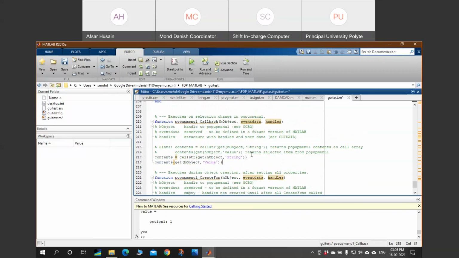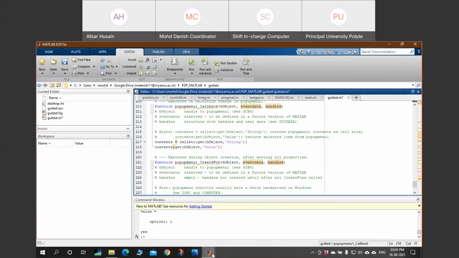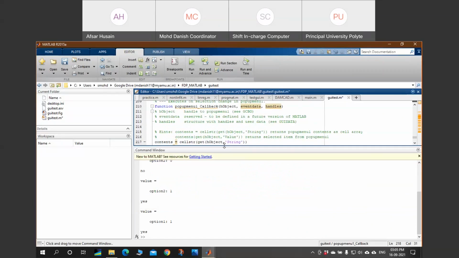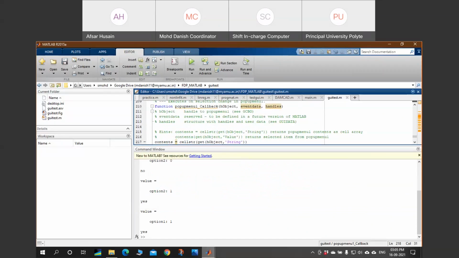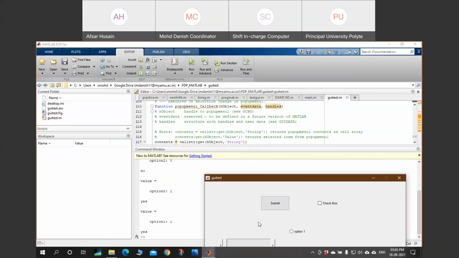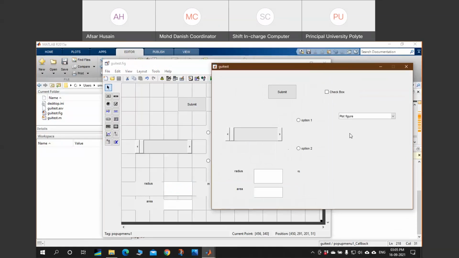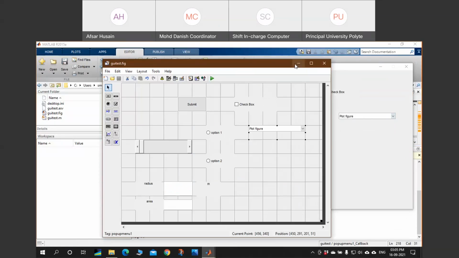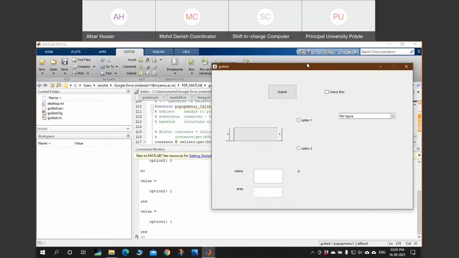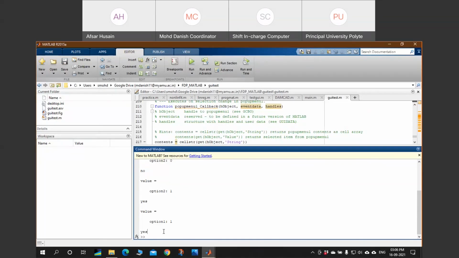Let me check whether it is working properly or not. I should hit enter first, hit run over here, and now this is activated. Let's see in the command window. Let me clear the command window.